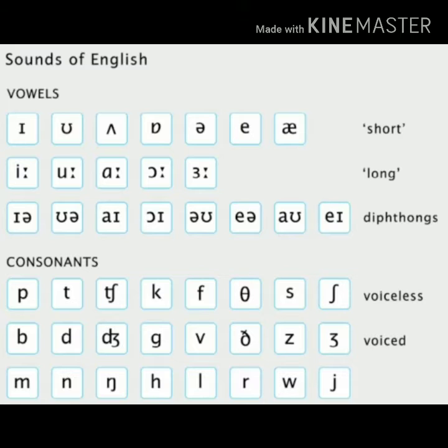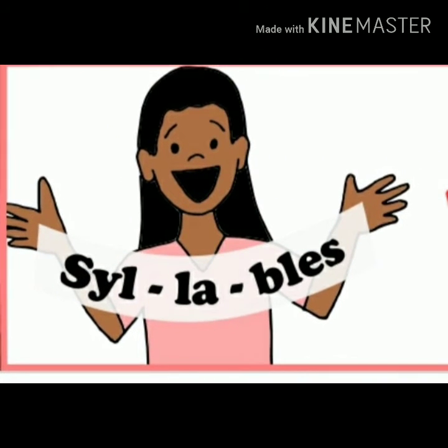We have vowels, they are not 5. In sounds, they are more than 5. And we have about 24 consonants. As you may have a look here, for vowels, we have short vowels, long vowels, and diphthongs, and we have voiceless and voiced and other consonants. We are going to talk about this in details, inshallah, very soon, but now I need to move on to